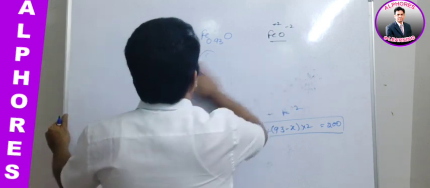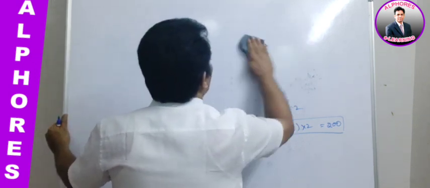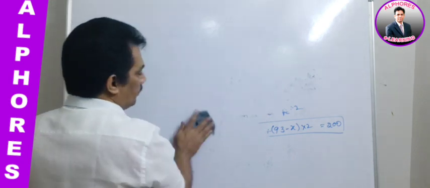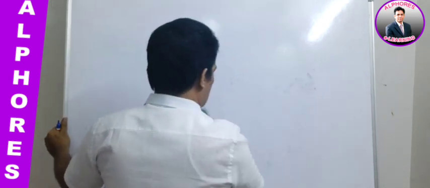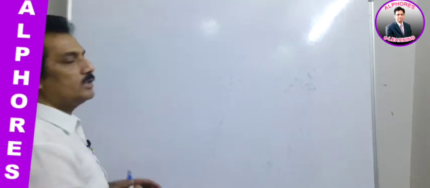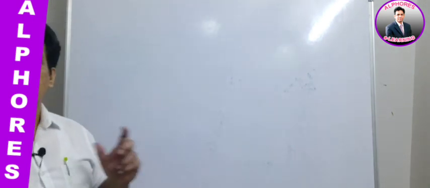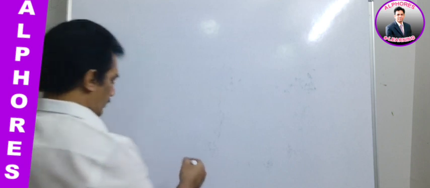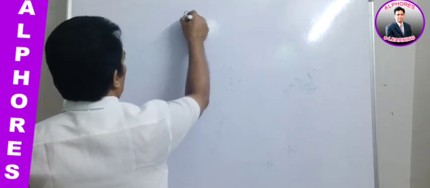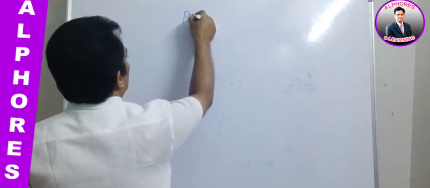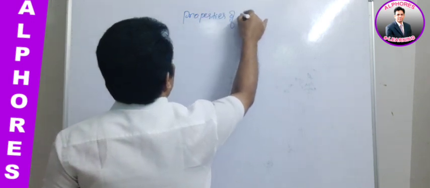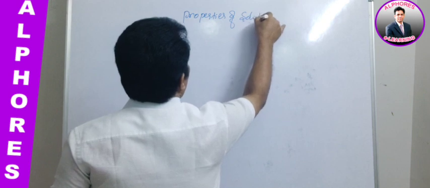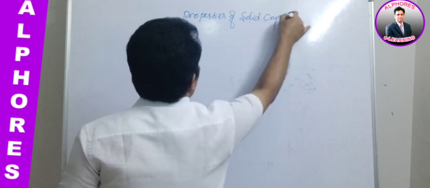And now coming to this session, here we have to discuss the last part of the lesson, that is nothing but the properties of the crystal systems, that is, solid crystals. The properties of solid crystals we have to consider. That's what we are covering in this session. Properties of solid crystals.